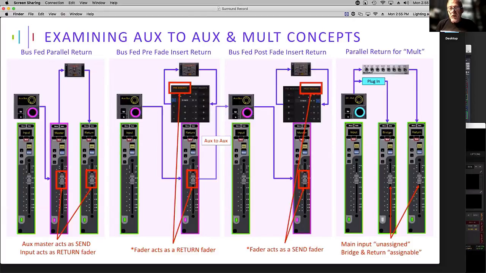buses to work with. Yeah, well, we used to have this conversation when we were developing for S6L. It's like, well, how many subgroups is enough subgroups, and how many auxes is enough auxes? And my take on it, which was singular in the room, I was the only guy standing up to say this, is we don't even know how they're going to use them yet. You've got to take the Apple approach there. We need to design things for them that they don't even know they need yet. And when you have 96 auxes or 48 subgroups available to you, these are the ways you can eat them